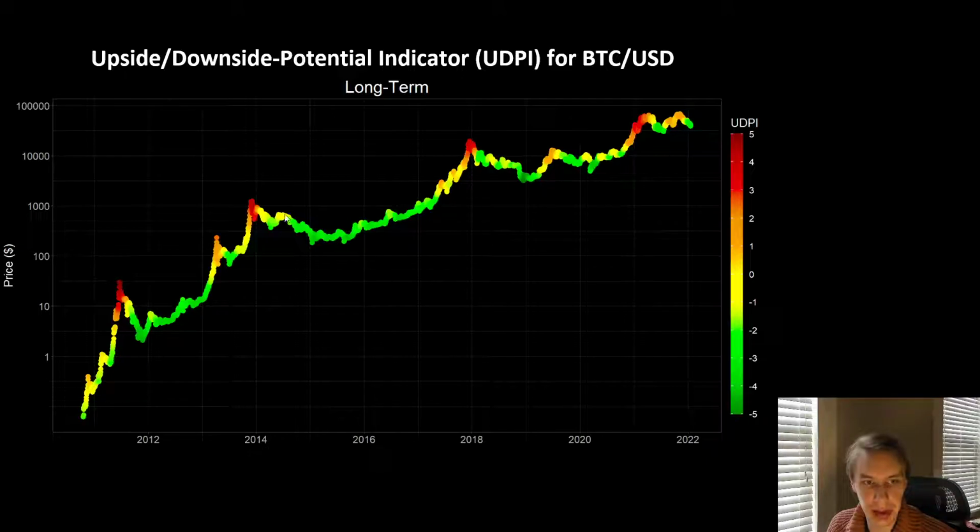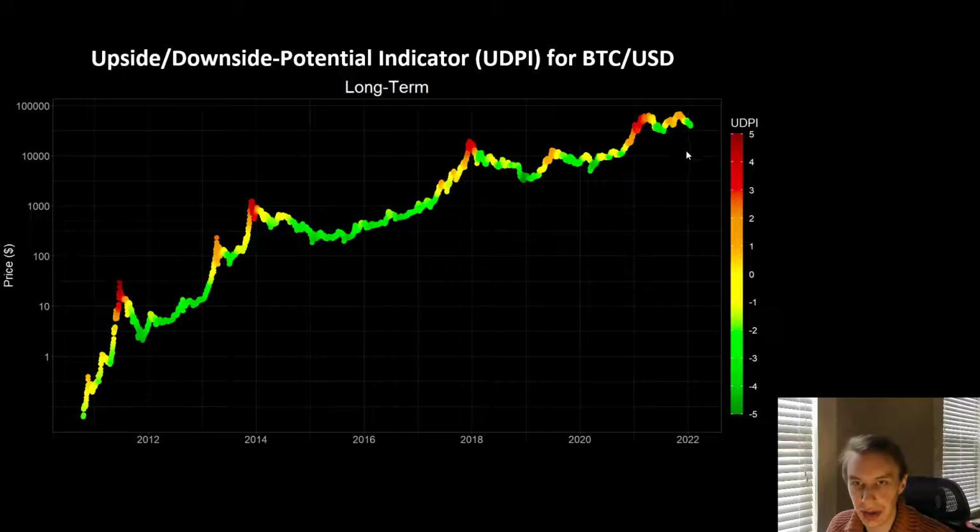So I'm showing you here the price history of Bitcoin across time, color-coded to that risk indicator. So 5, these dark red times being high risk, -5, being low risk in Bitcoin's price history. And you can see the UDPI does a pretty good job of identifying these high and low risk points throughout